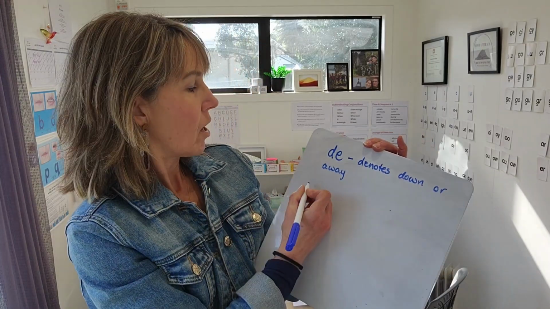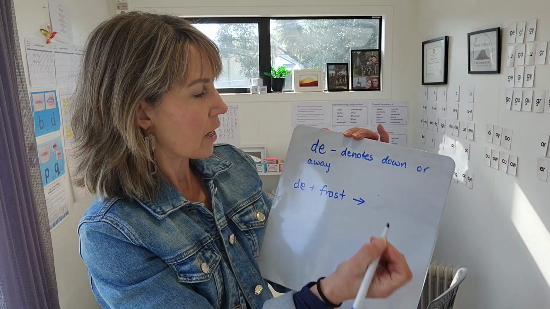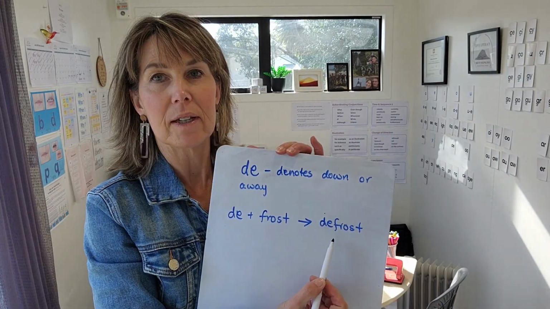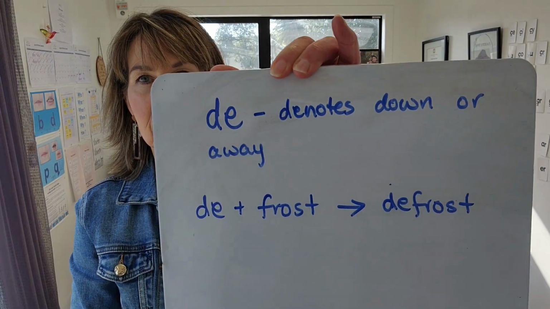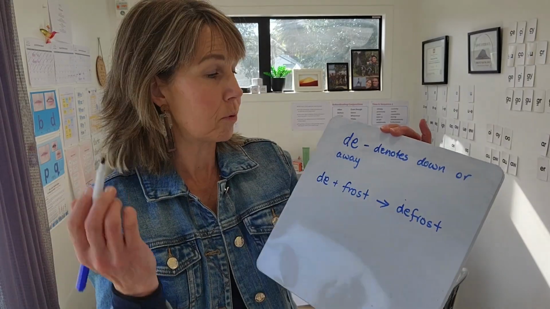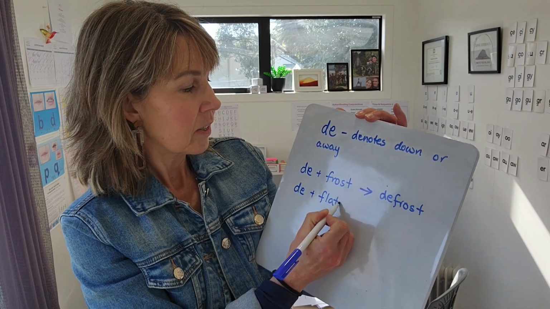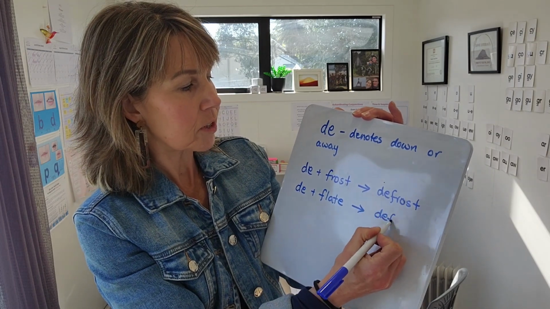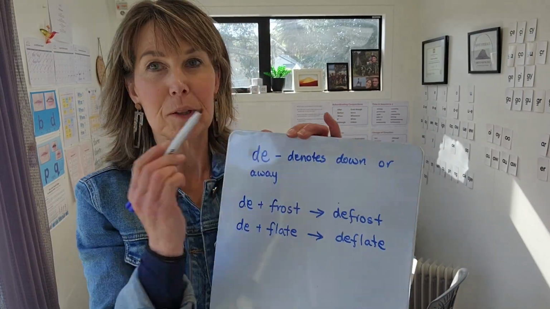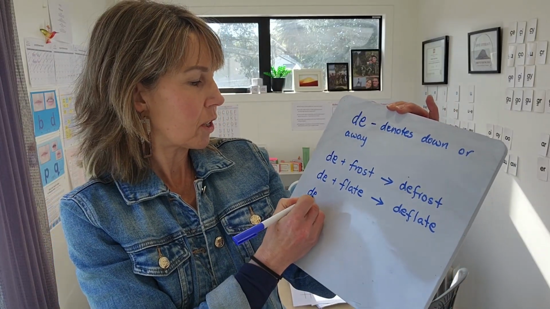So, for example, I can use words like D plus frost makes the word defrost. So I've got a short vowel in there. I'll just pop that up a little bit closer so you can read that. And we've got a single syllable base word in there that is quite decodable. You can also use words like deflate. There we go, deflate, which is to make a balloon go down. So make the balloon go down after you have inflated it. And you can use